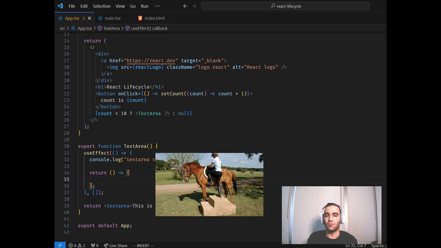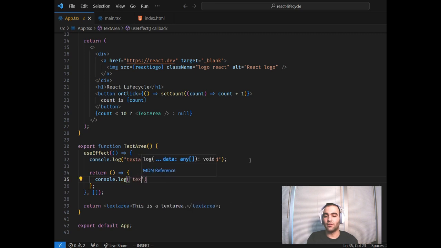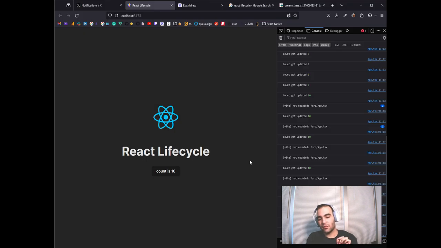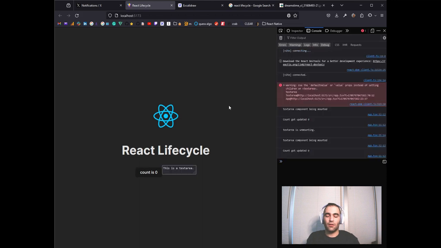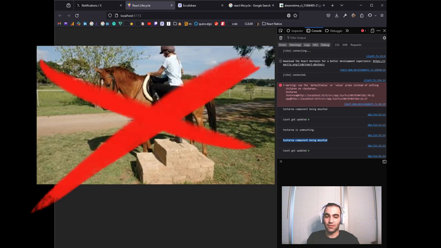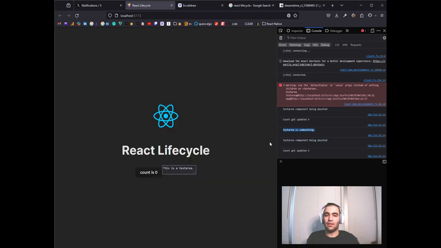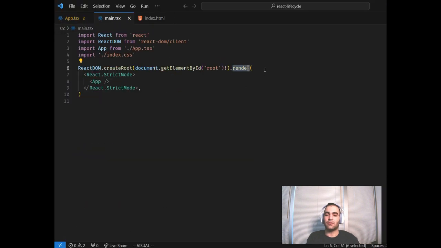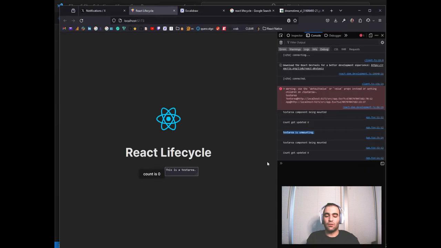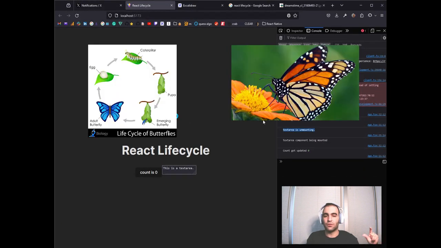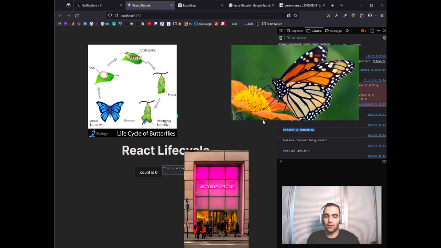once the component unmounts. So if I console log here, "text area is unmounting," we are going to see a small unexpected result which would actually deny my claim, and that is that we are still going to see this console log at the very beginning even though this component wasn't mounted. And the reason for that is that because our React app is in its development state, it's going to use the React strict mode, which will always repeat the process of React lifecycle and